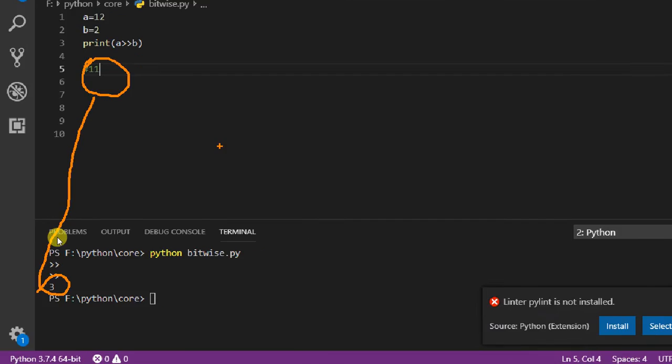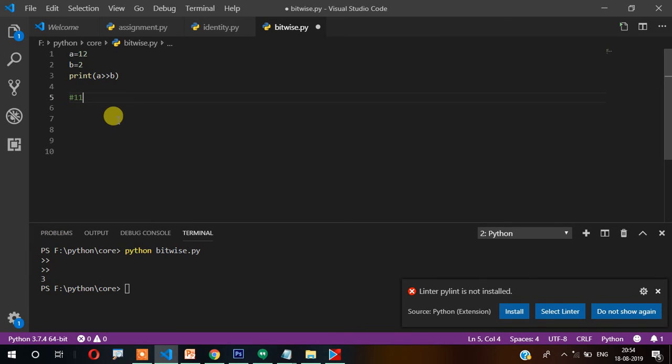So for a recap again, in the case of the left shift operator, 0 is gained, 0 is shifted from right to left. But in the case of the right shift operator, 0 is removed, or in other words 0 is shifted from left to right. So 0 is lost here, not gained. I hope you understand the left shift and right shift operators. So try it out and